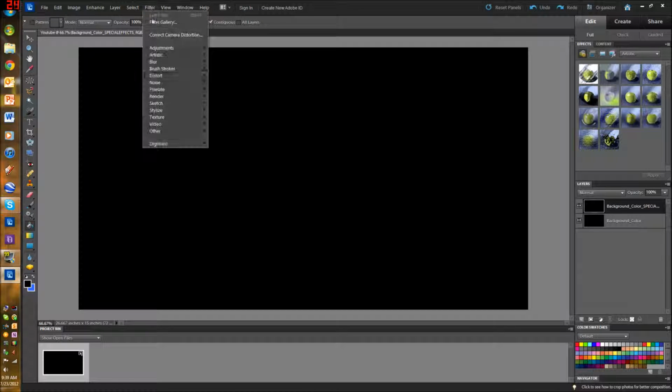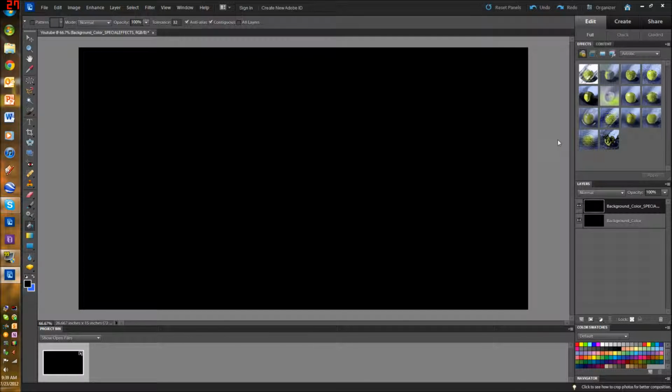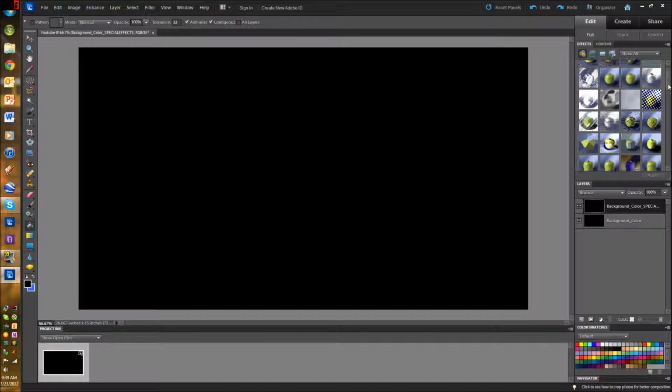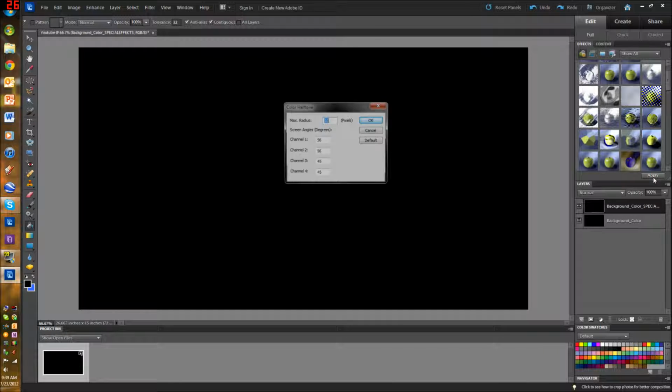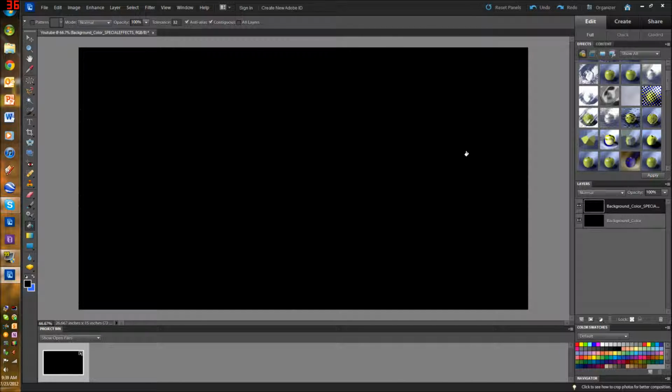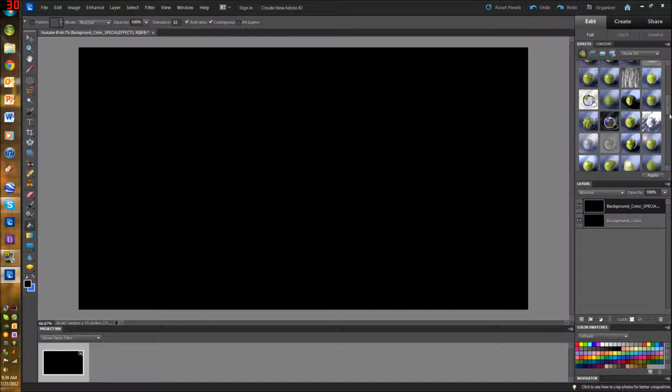That's a shortcut, so we don't have to do this. We can actually see what we're doing and show all. So I want to get this done quickly. Let's try this one. See what this does. Oh, I don't even get it. Okay, I don't like that at all. Probably because I have a black background, but